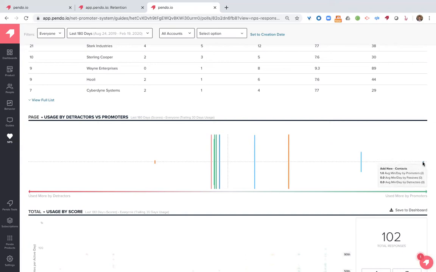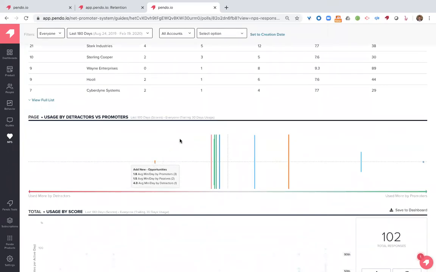We can see there's certainly an outlier here to the far right. So this is perhaps going to help you understand, or maybe further engage with, why is this page so liked by so many users, right? What is it about this page that your users are finding immense amounts of value in? Whereas on the flip side, what is it about this page that perhaps users are not liking, right? What are their usage patterns? What's the page engagement? These are all questions that Pendo's product cloud will easily allow you to answer by drilling